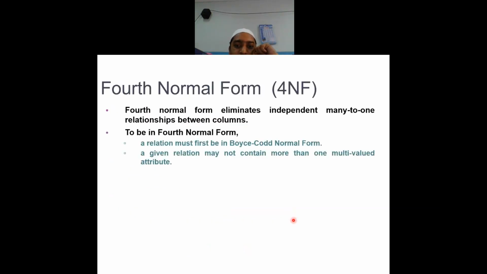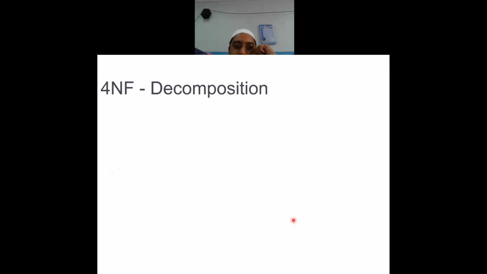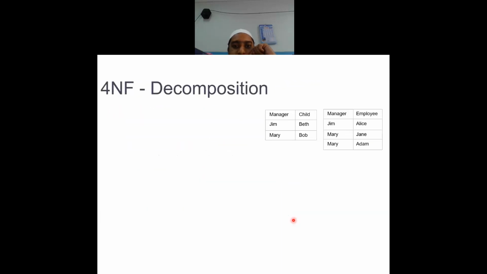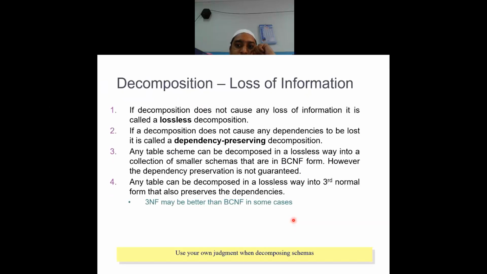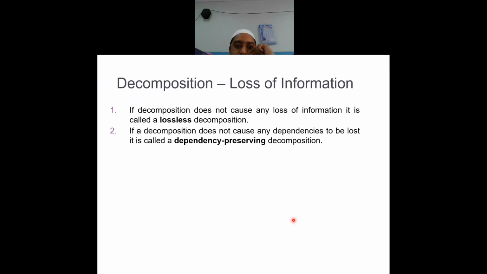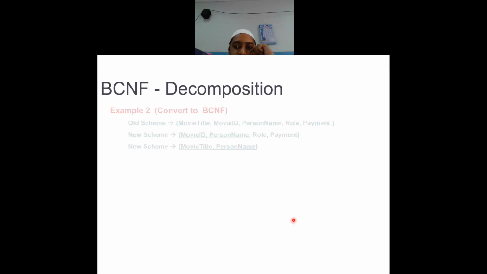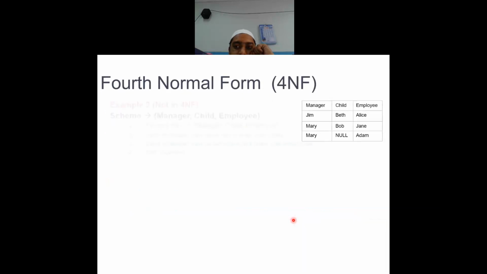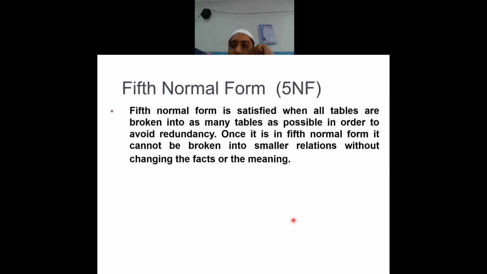Is there any other doubt? Fourth normal form and fifth normal form I have kept for your reference. Go through them. You can easily understand what it is saying, but I can clearly say that it is not required as of this age. Many of the companies don't even go for fourth normal form. Okay. Till BCNF, is there any doubt? No, right?